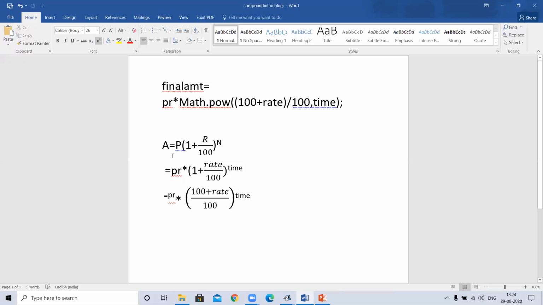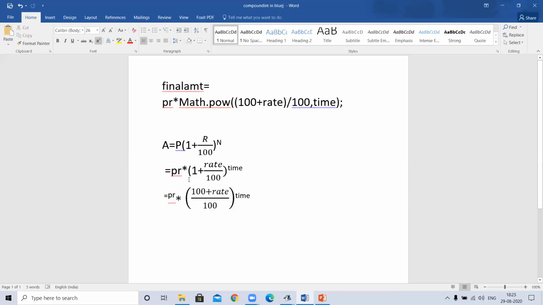Then you all know this formula, maybe from mathematics: A equal to P into (1 plus R by 100) power n. A is the final amount, P is principal, R is rate, and N is the number of years. Here I have just converted it according to my variables.